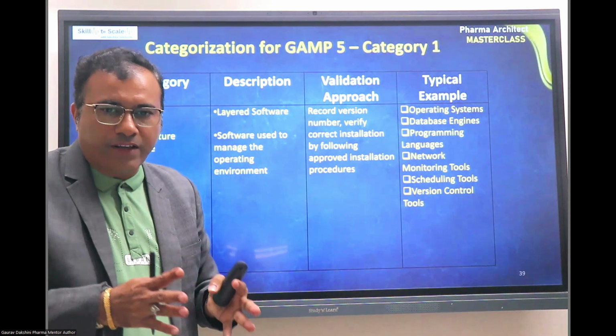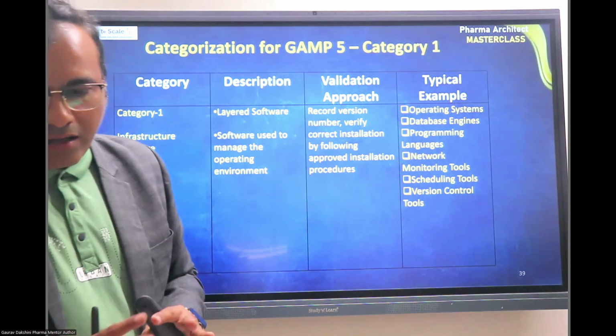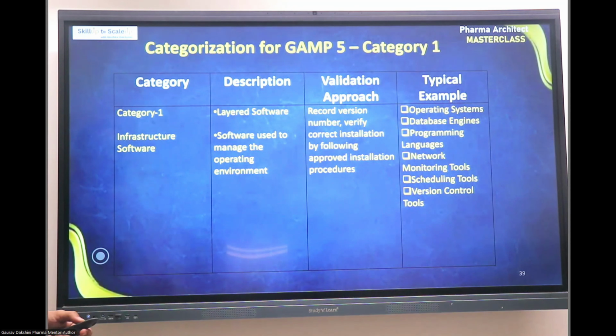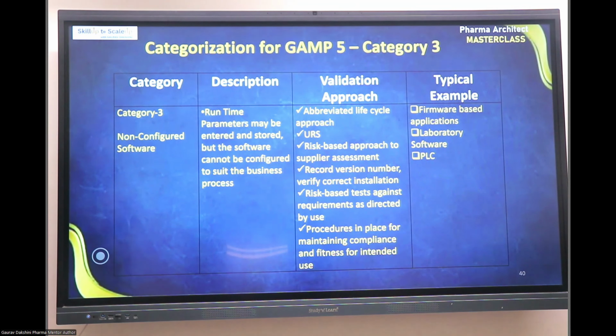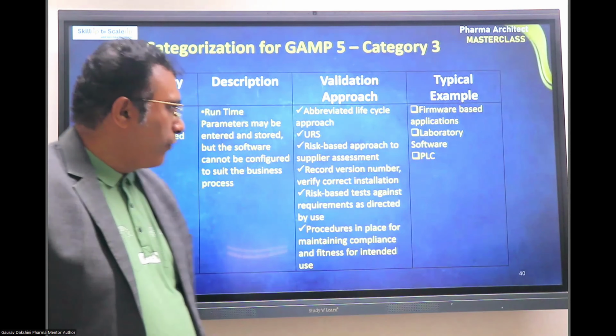What is the operating system number? What is the version number? What is the installation? That's it. Nothing more than that. Then for category 3, which is like a firmware-based system, laboratory software, HPLC, and